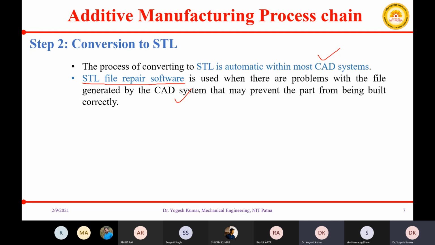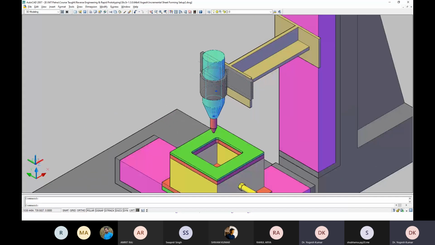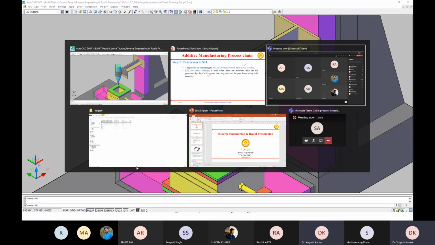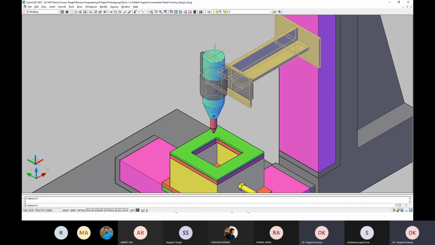Okay, so just a second. So let us come here. As I told, first let me remove the STL file which I have already created. So this particular component, which is round in shape, a cylindrical component which has a tapered shape in the lower portion. Suppose I want to print this particular component. So what I will do,